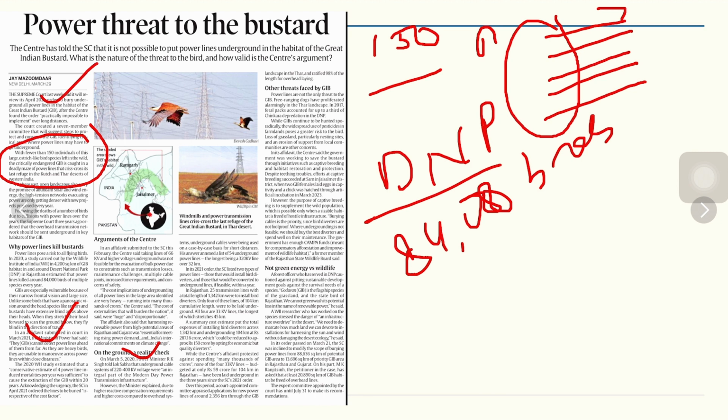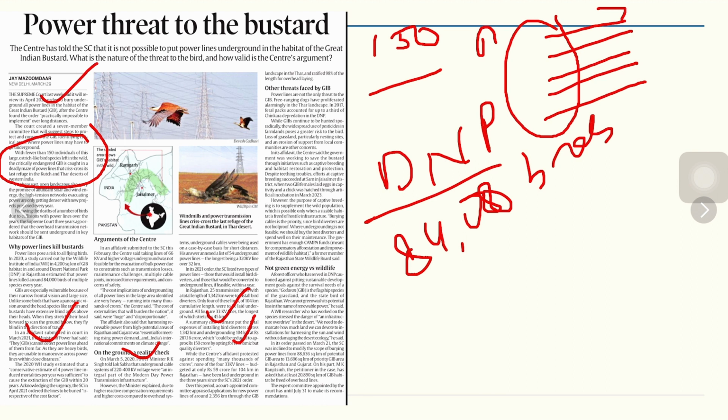The cost implications are very heavy, running into thousands of crore rupees, the center has said. The affidavit also says that harnessing renewable power from high potential areas of Rajasthan and Gujarat was essential to meet India's rising power demand and international commitments on climate change. However, due to higher reactive compensation requirement and higher cost compared to overhead systems, underground cables are being used on a case-to-case basis. So this is the affidavit that the center has placed before the Supreme